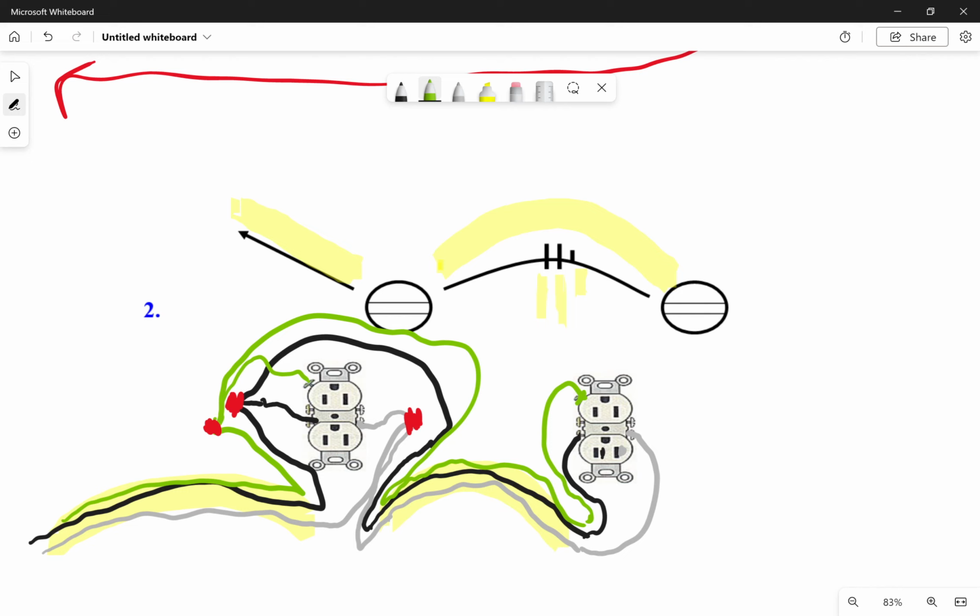how far back to strip the wire, how to tuck it underneath the screw, how to make sure that we're not having bits and pieces of conductive wire sticking out away from the receptacle where it could cause a short. All the things that we're looking for, we're going to be looking for things that are within code when we're doing these labs. And so I'm going to do a follow-up video showing me actually wiring a couple of those, where you can get a feel for that